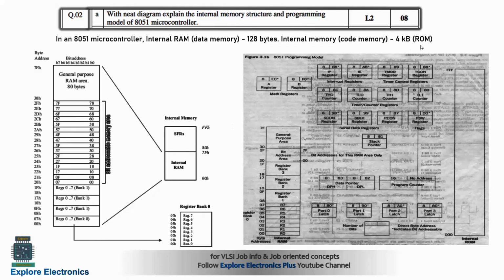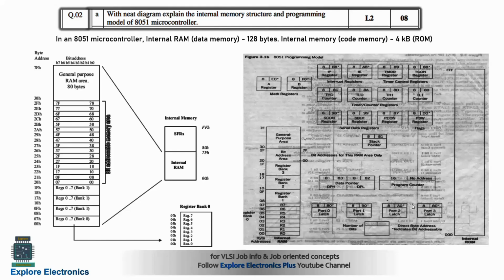That ROM will be 4 KB of size. You can see here, this is internal RAM, ROM 000 to FFF indicating 4 KB. And the programming model in the sense, you need to explain all the registers present and also the RAM structure as well as the ROM structure, and also the different ports, which port is corresponding to which pin, and how